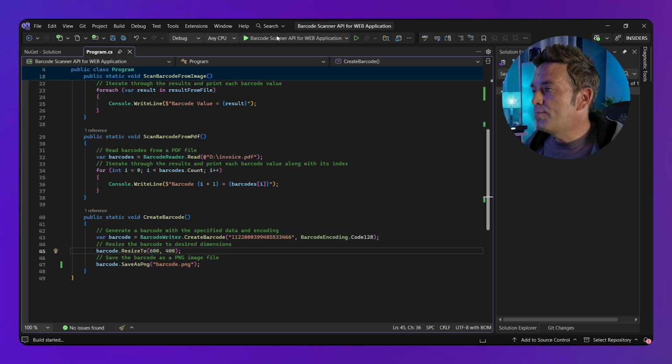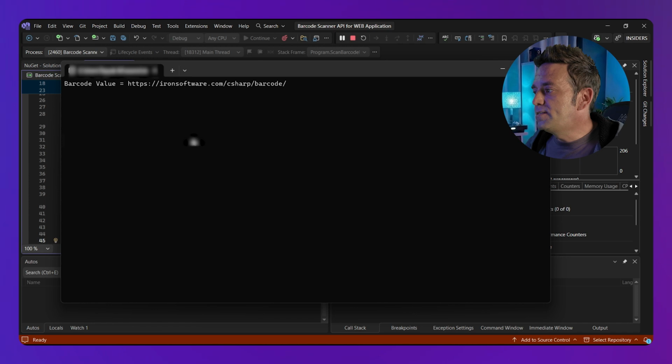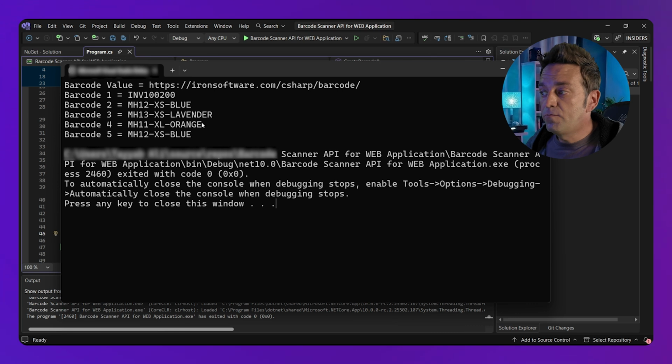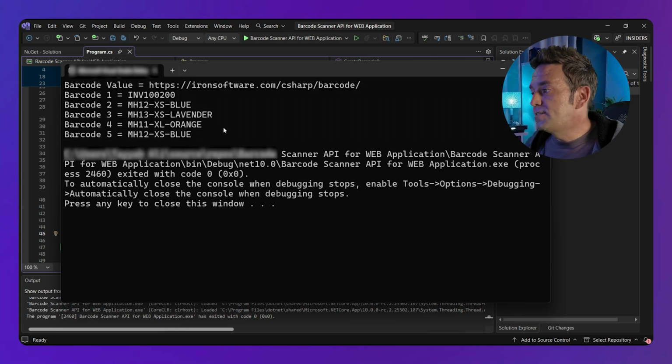So let's go ahead and run the application and see the results. All right, the console window opens and starts processing. And first, it scans the image file and displays the barcode value, which is the IronBarcode website URL. Then it processes the PDF invoice and extracts 5 barcodes, displaying them as barcode 1 through barcode 5 with their